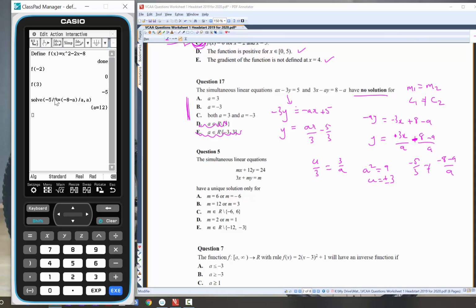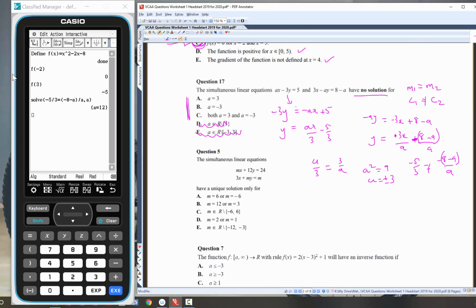What happened? Pause. All right, this is a bit naughty of me, this one, but I've realized what the mistake was here. This should really be in brackets. Okay, so take away all of 8 take a over a. So I bet you what happens is if I put that in brackets correctly here,